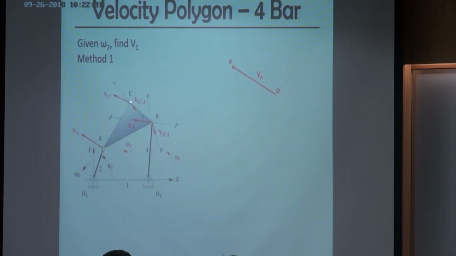Then if we want to find the velocity of C, we probably need to draw another 2 lines and find their intersection, and then we can find point C. Once you find point C, connect from this origin to C, and then you find the velocity of C. But we actually cannot do it right now, because if I want to find velocity C,